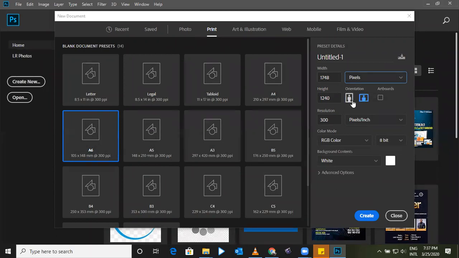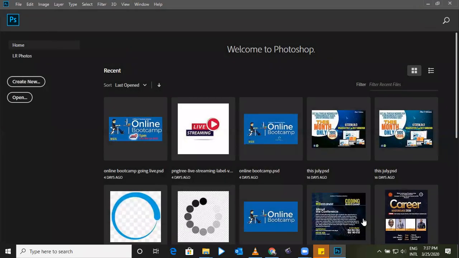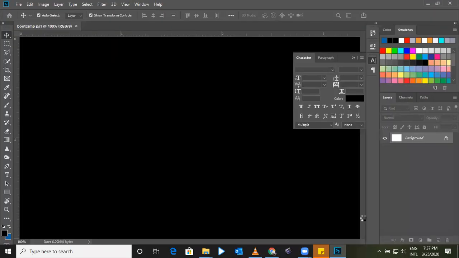So now this is it. This is just an example. You can give it a name like camp, you know, Photoshop one. Okay, let's leave it. Now when I click on create, this is my